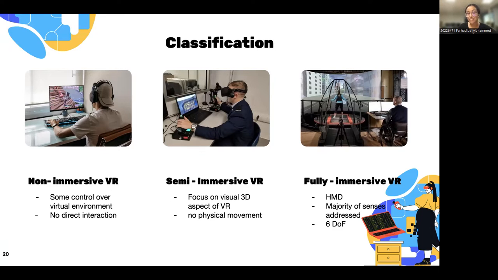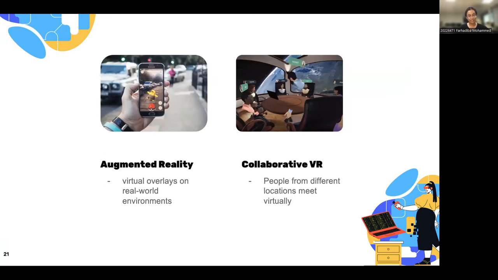And then lastly, we have fully immersive virtual reality, where you have a head-mounted display and you can use data gloves or these treadmills, as you can see in this picture, which allow a much more advanced possibilities for interaction in the virtual world, and much more senses are addressed, and you have 6 degrees of freedom. When looking for the classification, some also name augmented reality and collaborative virtual reality as classification